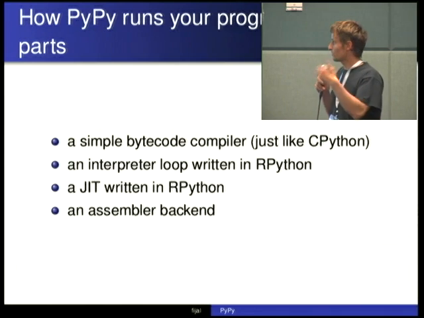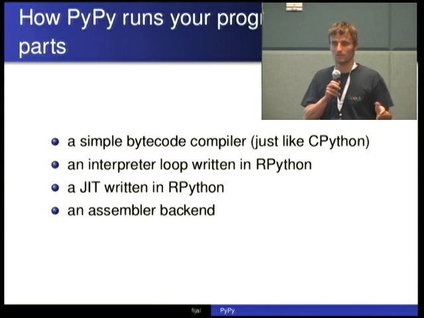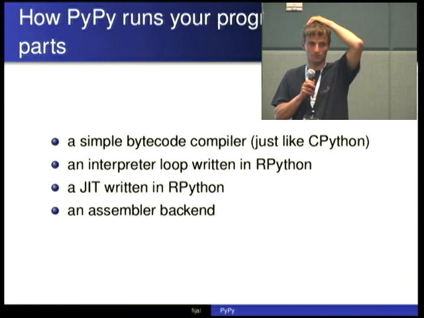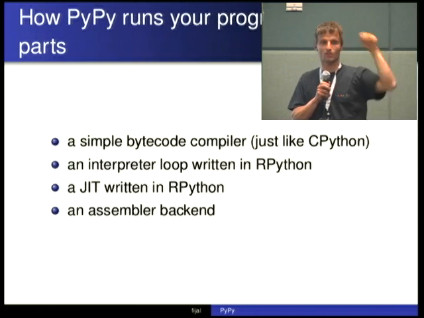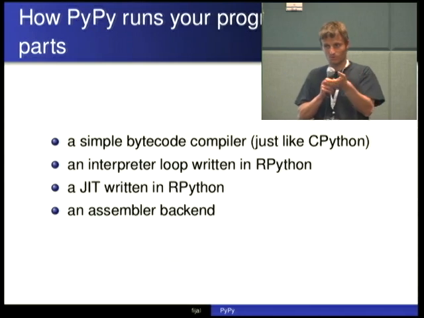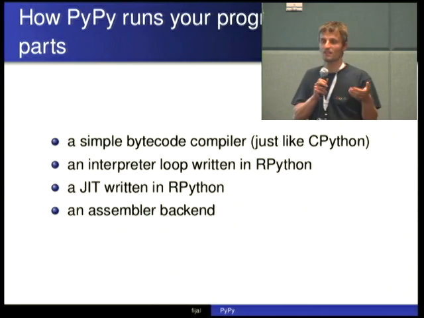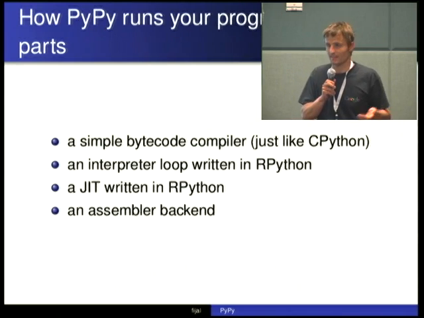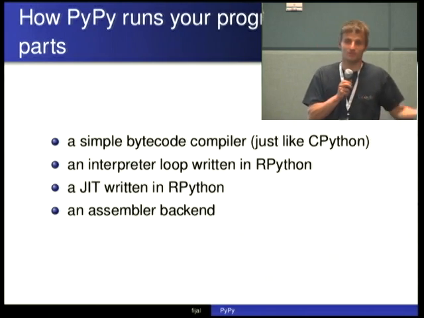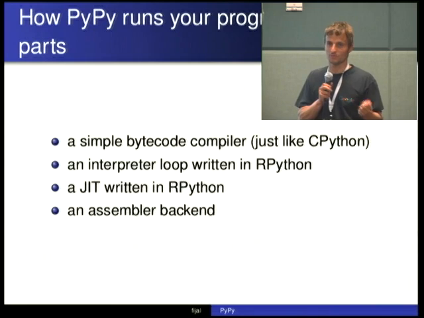So the main interpreter loop is written in RPython, and you can run PyPy as a Python program. If you have a checkout, the checkout is on the USB sticks, or you can just check it out from HG. In the bin directory, there is py.py. You can run it. Well, I suggest you actually do. If you run py.py, it's a Python program that starts in like 20 seconds or something like this. It's really slow. But it's a Python program that happens to interpret Python.